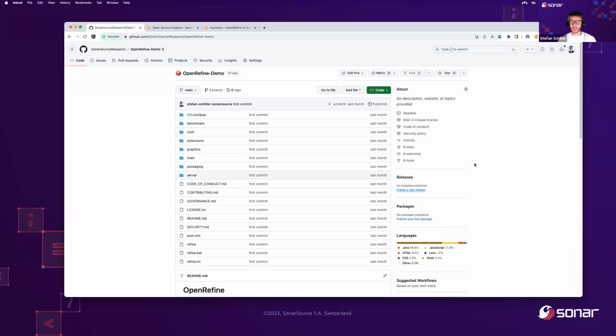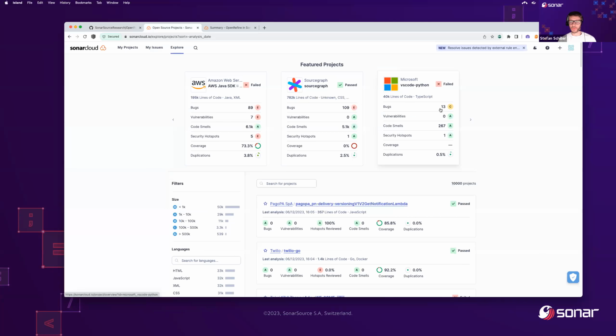What you can see here is a GitHub repository I created. In this case, it's a copy of the OpenRefine application. But of course, this could also be your own application. What I want to do now is to analyze this application with SonarCloud. So I simply head over to SonarCloud. I'm already logged in, so I only need to click on the plus sign here at the top right and